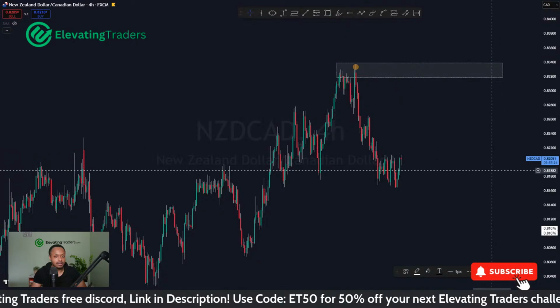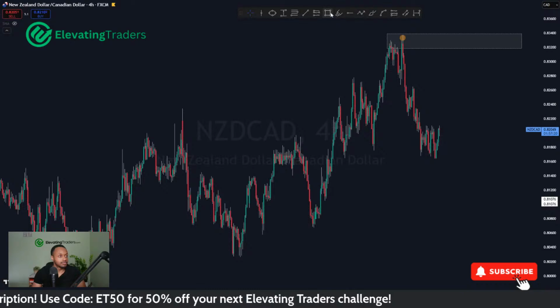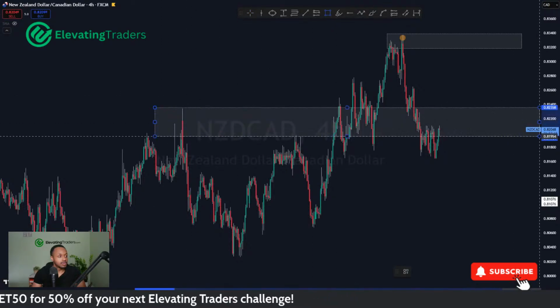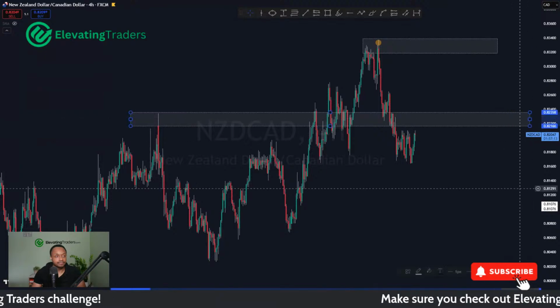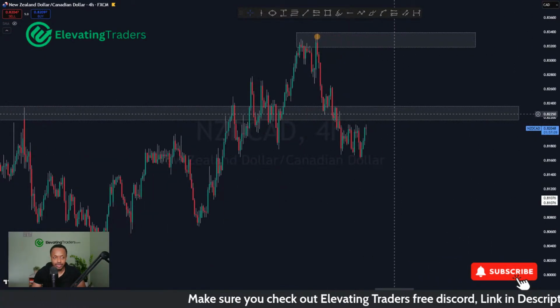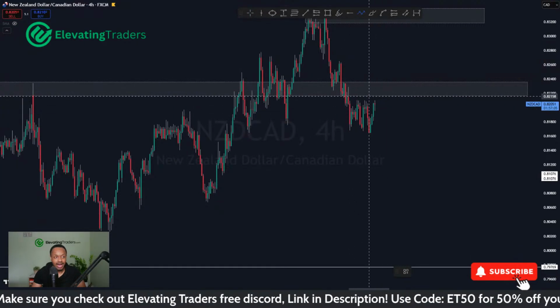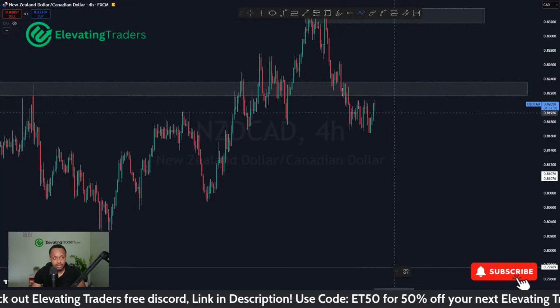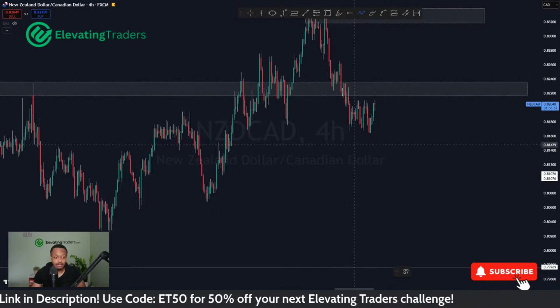Either the retest of the high at 0.832 or the retest of this high at 0.822. I'm not going to be looking for the retest of the high just yet. The way I see it, price has had a breakout, but it hasn't been with enough momentum for me to look for a retest. It also hasn't cleared it by enough distance as well.